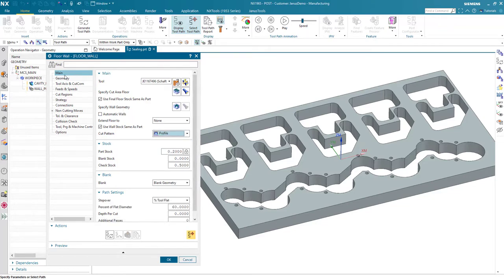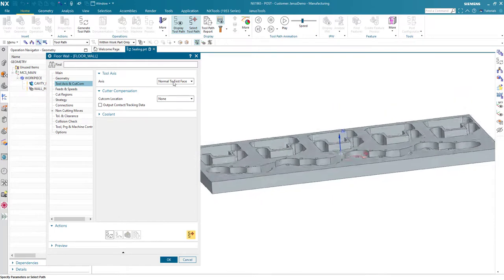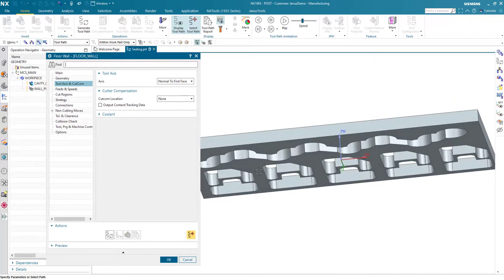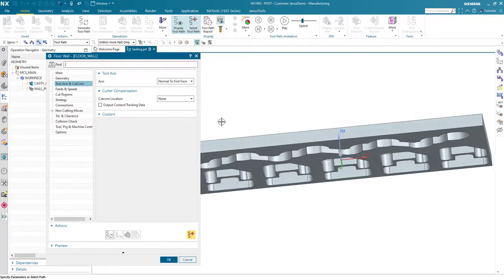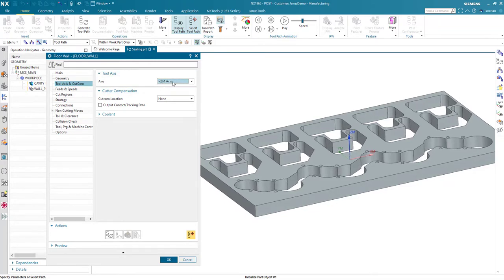The second setting that is also quite important is I have to turn around my tool axis. For now it's set to normal to the first face, but because I've selected the below face down here, it's not good for me. I have to reselect the axis and say it's going to be the ZM axis now.